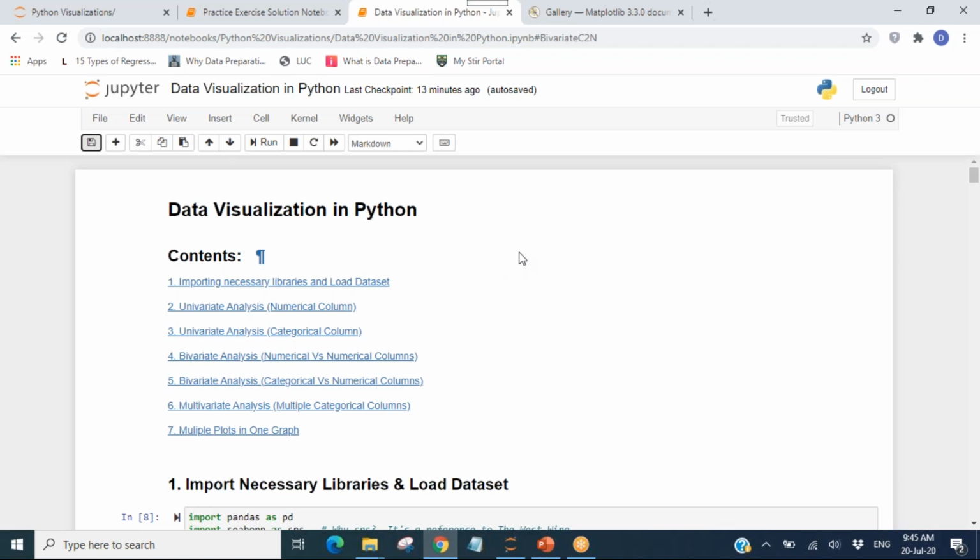Okay, so this Jupyter notebook is an IDE. It is an integrated development environment for writing any Python code. So you can download it from the Anaconda distribution. Once you have downloaded it, you can easily download the free version available from the Anaconda website. So once you have downloaded, you will find